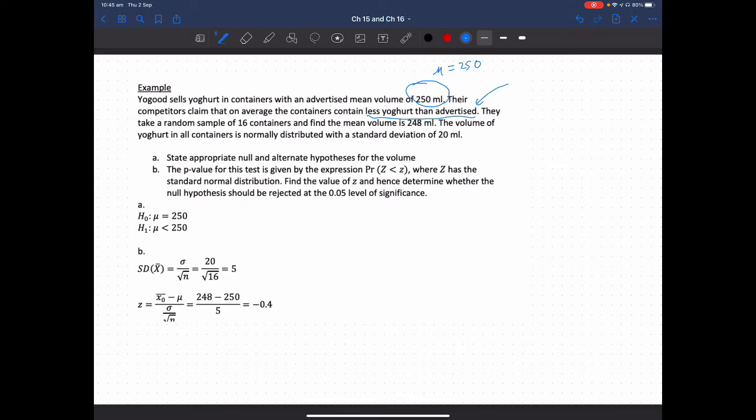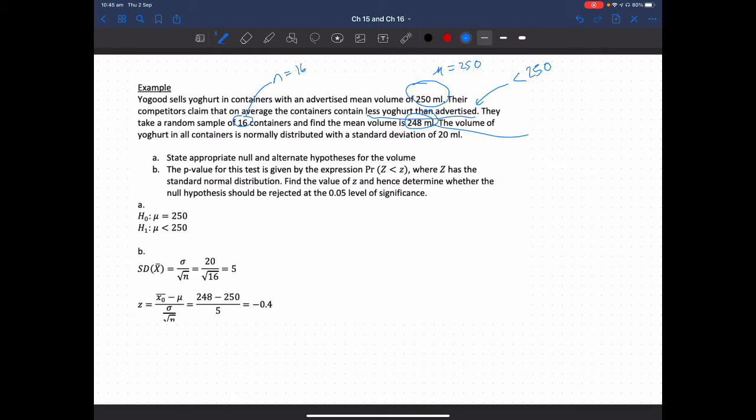It's advertised at 250, so that's talking about less than 250 millilitres. They take a random sample of 16 containers, so n is equal to 16, and find the mean volume